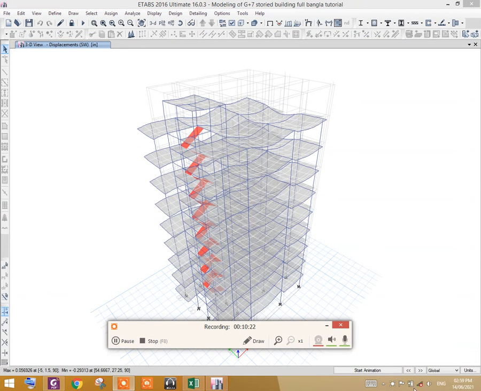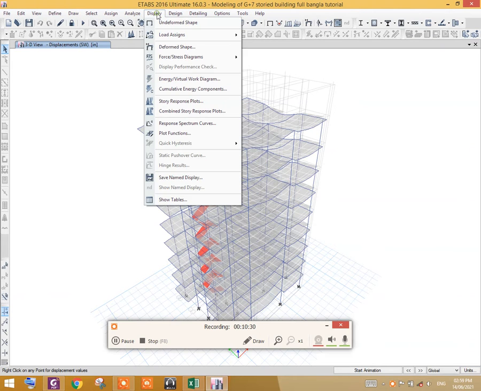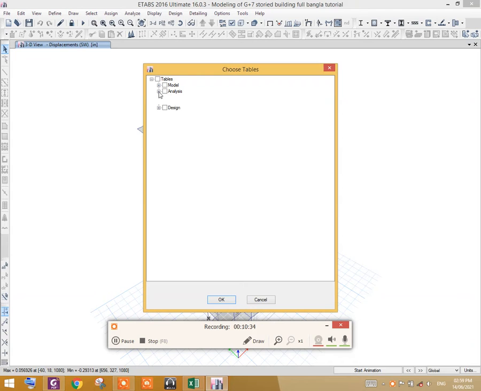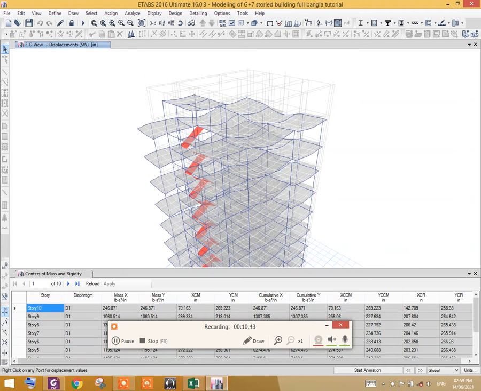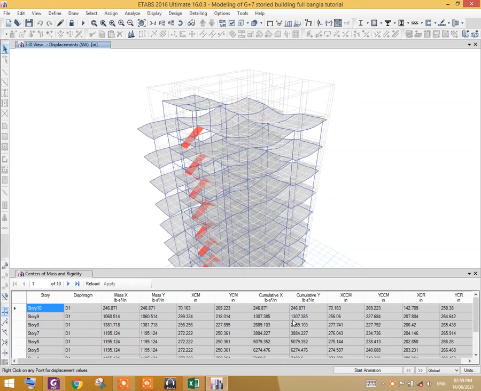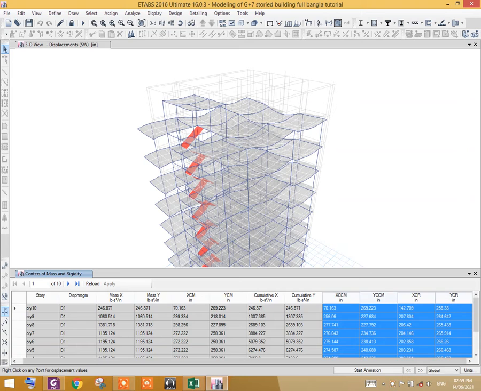Analysis is done. Now change the unit to inch, keep it inch. Now press OK. Then go to Display, Show Tables, and go to Analysis and Results, Structure Results, Center of Mass and Center of Rigidity, center of resistance. Press OK. Now what we have to do is copy these 4 columns.